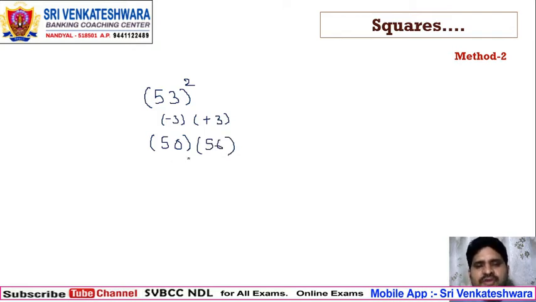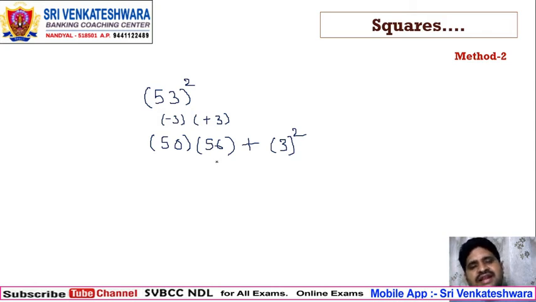So you have to take the product of 50 into 56, plus we have to add the carrier. Whatever number we are adding or subtracting, the square of that number we have to add as a carrier. So simply 3 steps here. First of all, whatever number's square we are finding, take the nearest round figure for that. That means for 53, the nearest round figure is 50. Next, to get that round figure, if you subtract in the first case, in the second case we have to add it. To get 53, I am subtracting 3. Second case we have to add the 3.